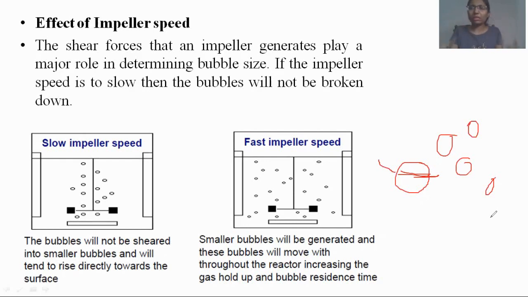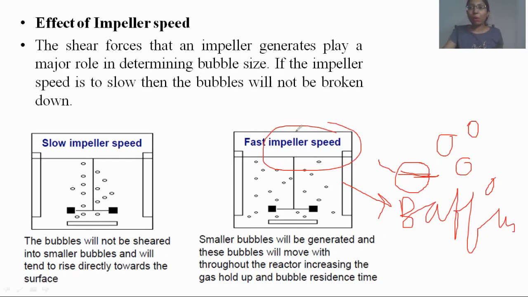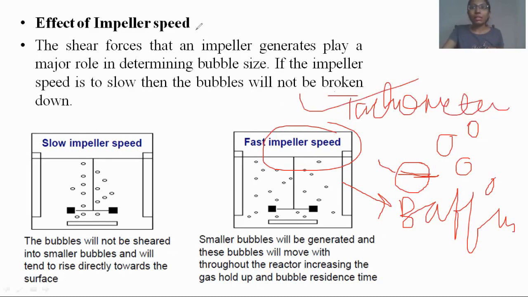The foam bubbles and excessive vortex that get generated are stopped by these, which we have seen are known as vessels. Okay, that's why the impeller speed is very important to break down. And again, I repeat, it is controlled by the tachometer. Please remember this word. Okay, now let's move to the next slide.